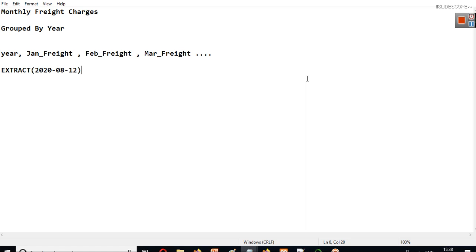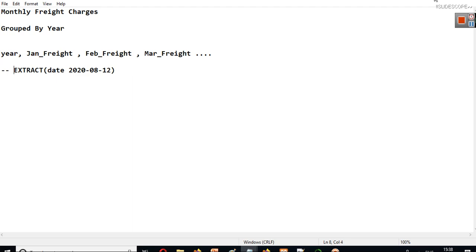So it can extract date, month and year from this thing. We have to tell what we want to extract. So I will show you the use of this. You just have to keep in mind about this. So these are some things that we have to keep in mind.